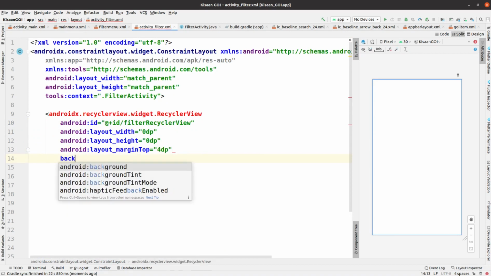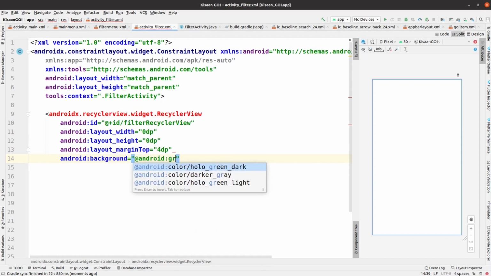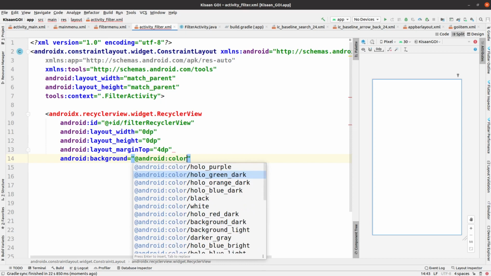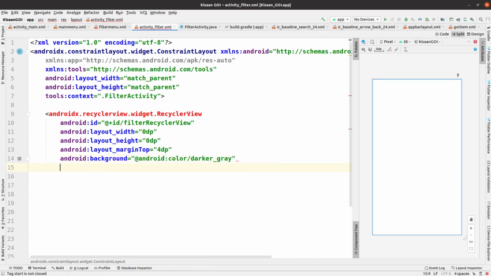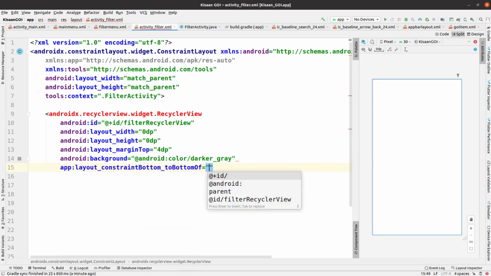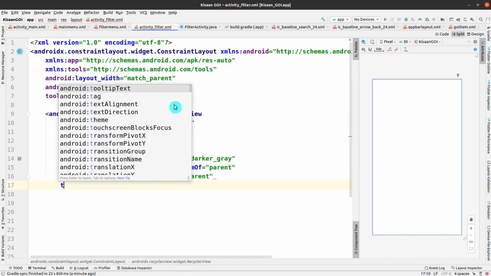Now I have to add some more properties for this, and one of them is a margin from the top which is taken as 4 dp, and then the background color, which we choose up here as gray.